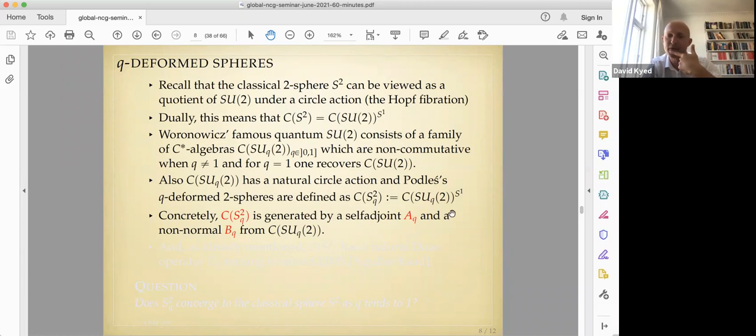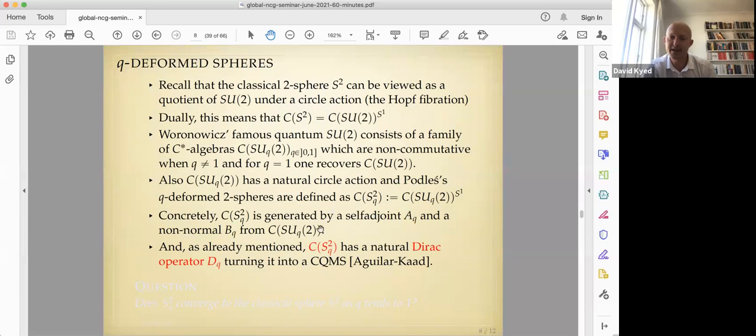And as I already told you, this C-star algebra has a natural Dirac operator associated to it, the one that was investigated by Dąbrowski and Sitarz back in 2003, I think. And as I already also mentioned, this construction of taking the norm of the commutator seminorm turns it into a compact quantum metric